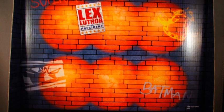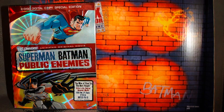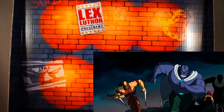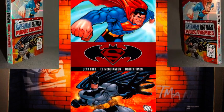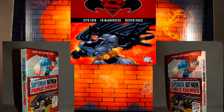Warner Brothers and DC Comics have made a name for themselves releasing full-length animated feature films direct to DVD and Blu-ray. Superman Batman Public Enemies is the latest in this long line of successful animated films. From executive producer Bruce Timm and voiced by the cast from both the hit Batman and Superman animated TV series, including Kevin Conroy, Tim Daly, and Clancy Brown, this original animated movie is based on Jeff Loeb and Ed McGuinness's popular graphic novel and